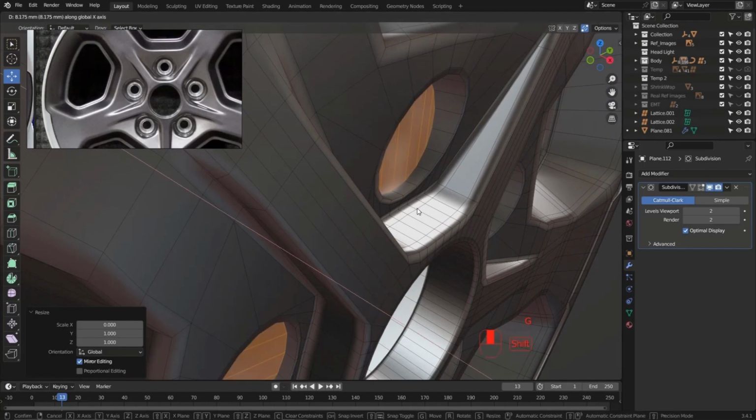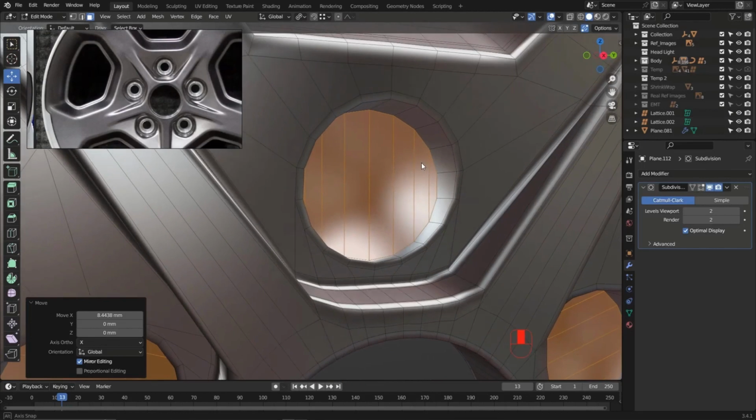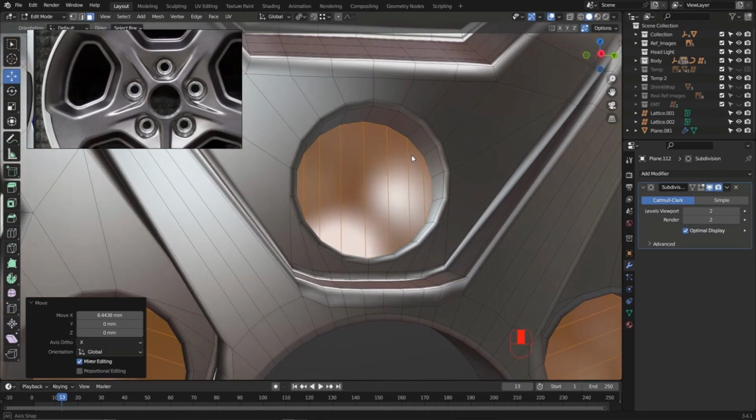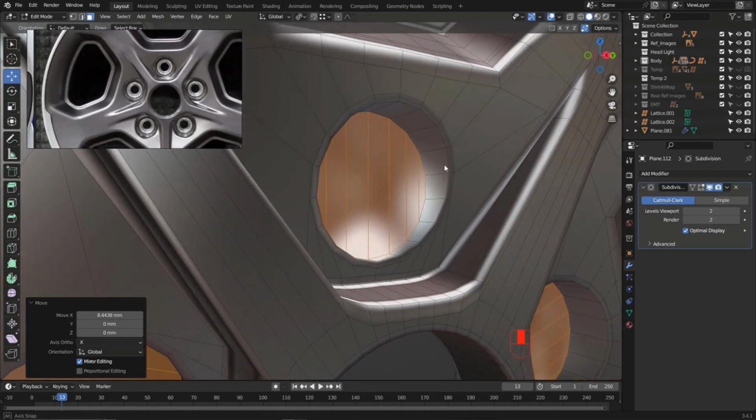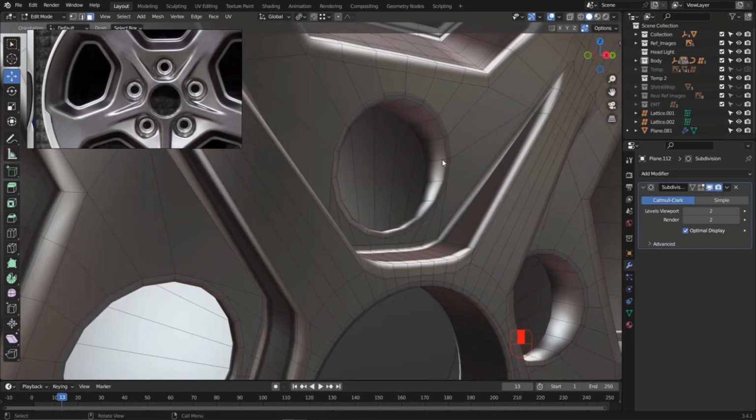Maybe we can push them forward a little bit. And after doing that, if you like, you can delete them. You can leave them like this. Hit X, F, get rid of them. And you can add a support edge loop for all of these